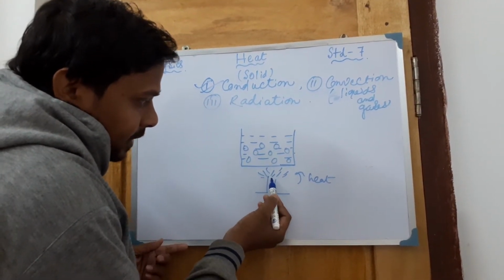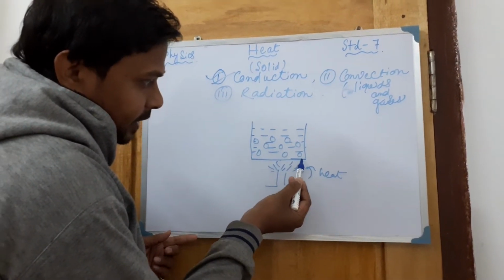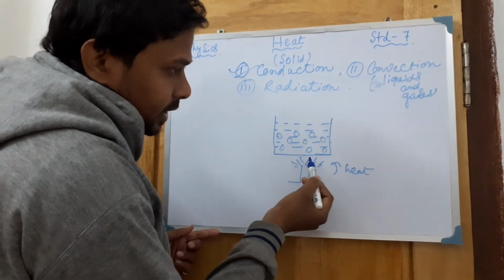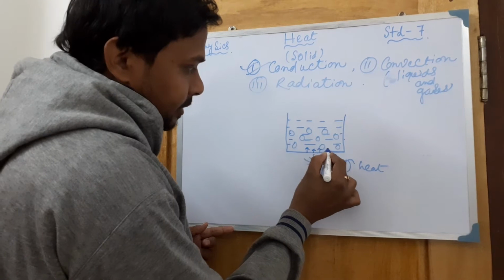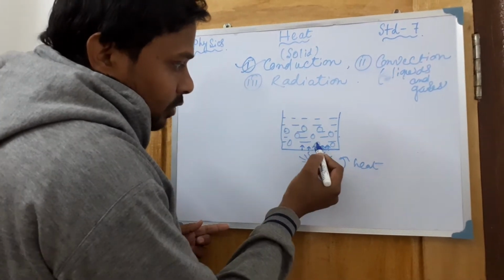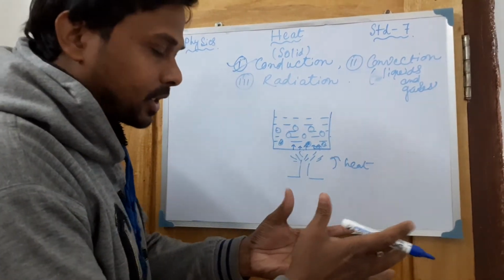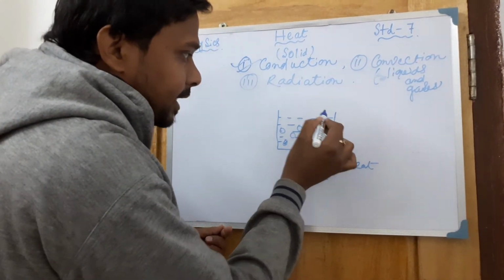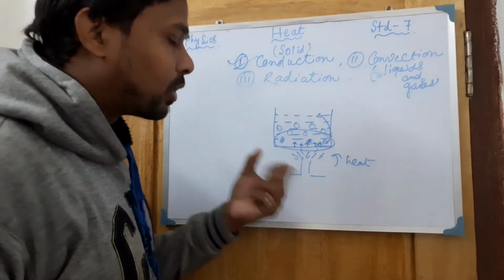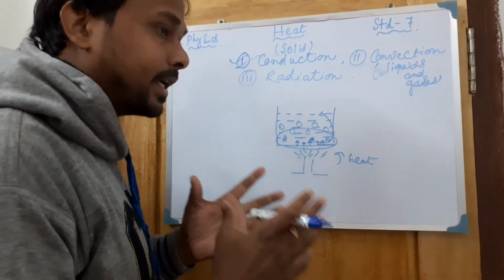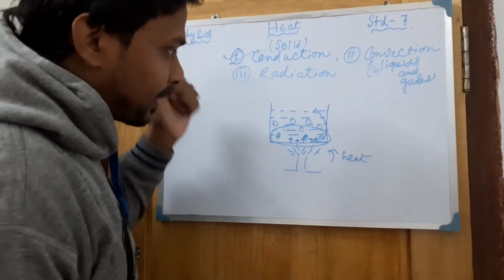The heat transfer is through the conduction process, because this is a metal, a good conductor, so conduction is happening. Heat is entering here in this region. Now all these molecules are getting the energy. As they are free from each other, they can easily move, they will go to this side. So this portion of liquid is getting heat and warmer, and it will go in the upward direction.